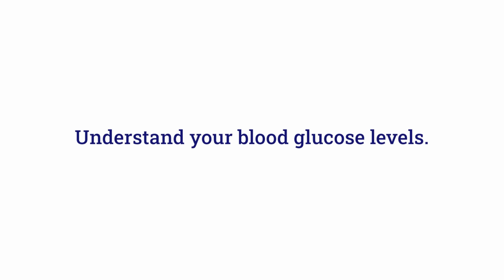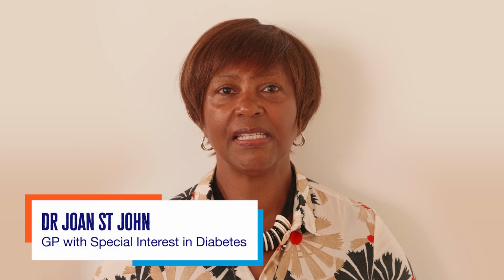Understand your blood glucose levels. One of the best ways to understand your diabetes is by monitoring and managing your blood glucose levels. It will help you to avoid highs and lows. It will help you to recognize how things like food and activity can affect your diabetes, and it reduces the